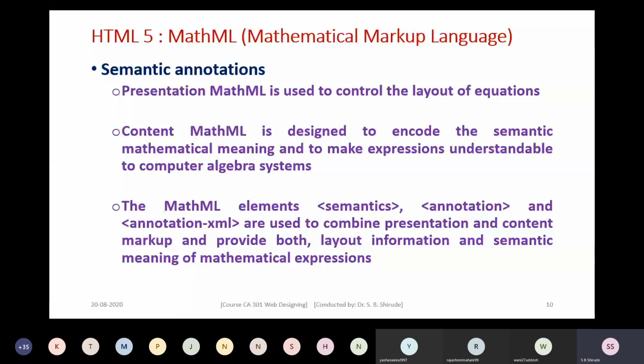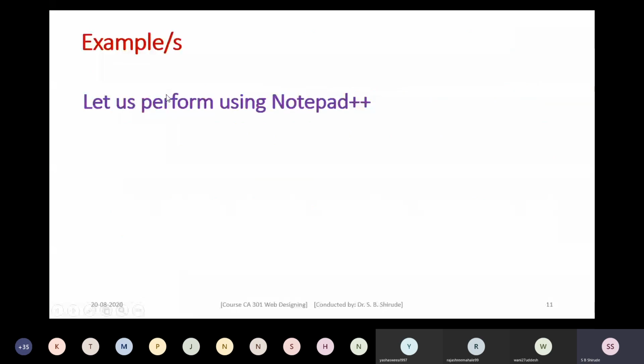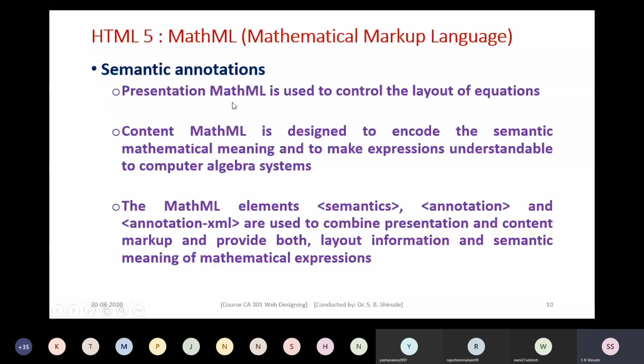We try to attach semantic annotations to that text related to mathematics. This includes the different tags such as annotation, annotation-xml, and semantics. These are the three elements which MathML supports, and they are used to combine the presentation and content markup and provide both layout information and semantic meaning of the mathematical expression.